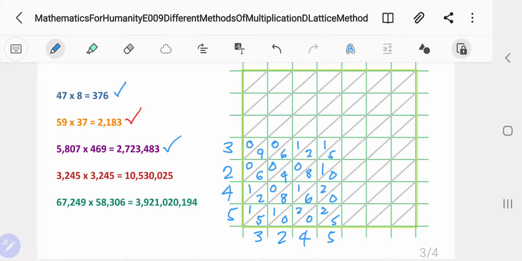So again, we'll take note of the diagonals. We just add the numbers into diagonals. Here we have to just highlight the diagonals. So we have 5 here, 5, and then here you have 0 plus 2 plus 0 is 2, and then in this diagonal you have 0 plus 2 plus 6 plus 2 is 10, so we have 0 here, and then we carry 1